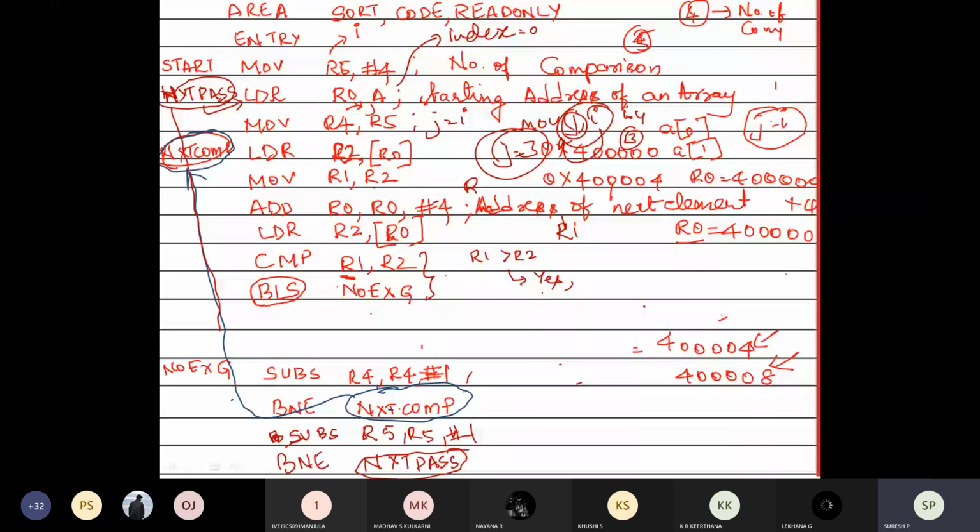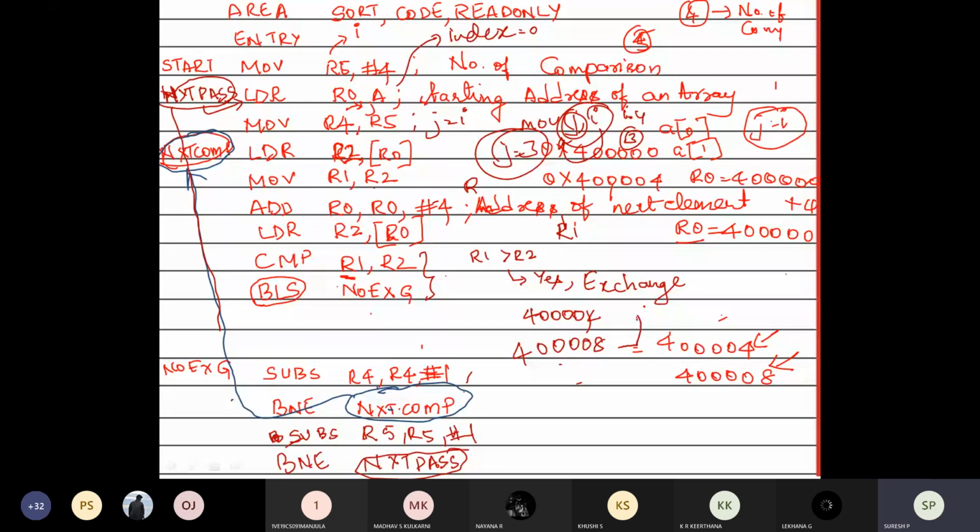Then I need to exchange the element. If I want to exchange, whatever the element is there in 4004 and 4008, it has to be swapped, right?